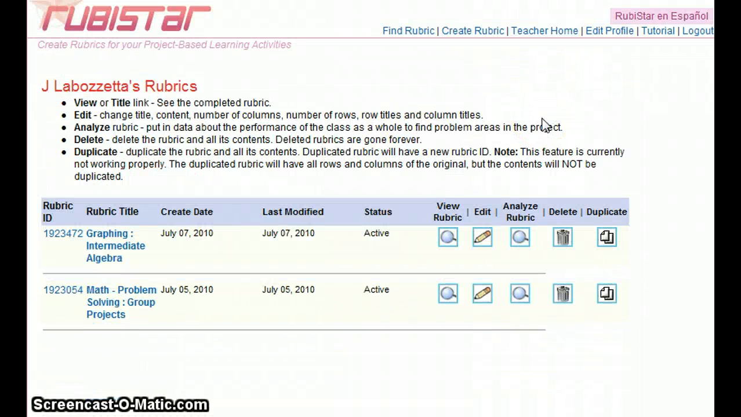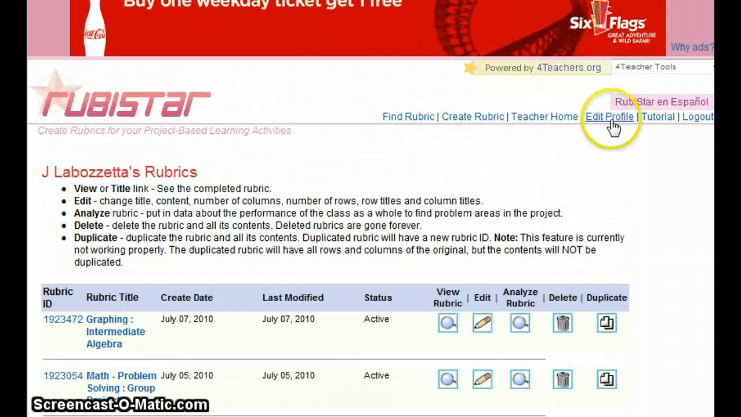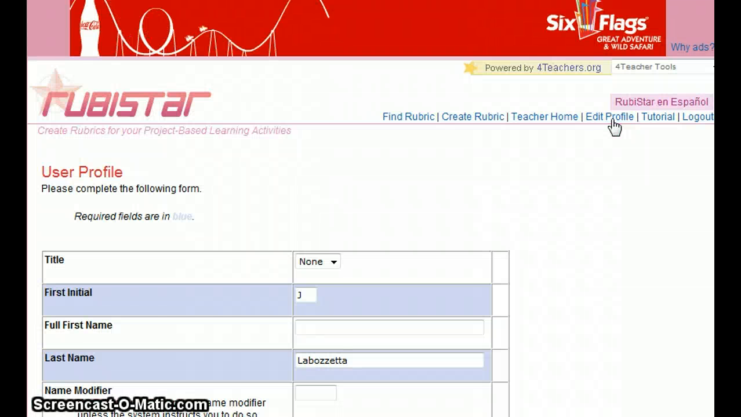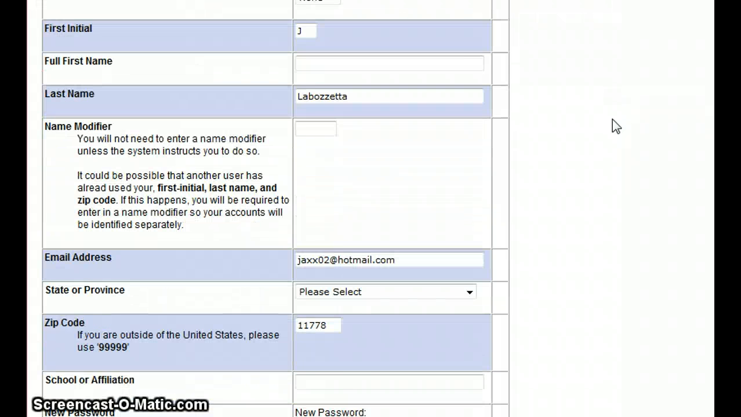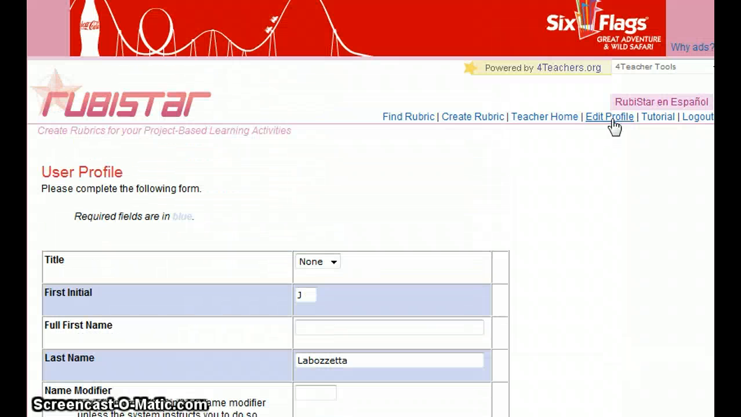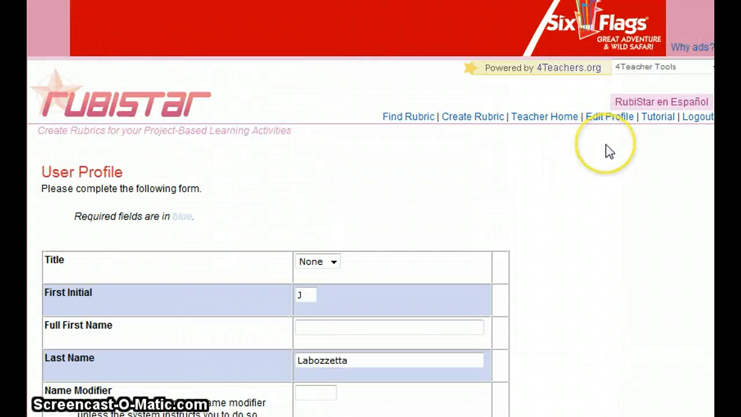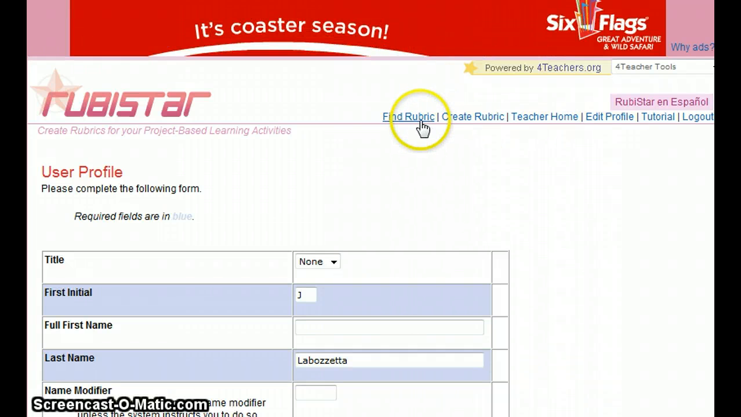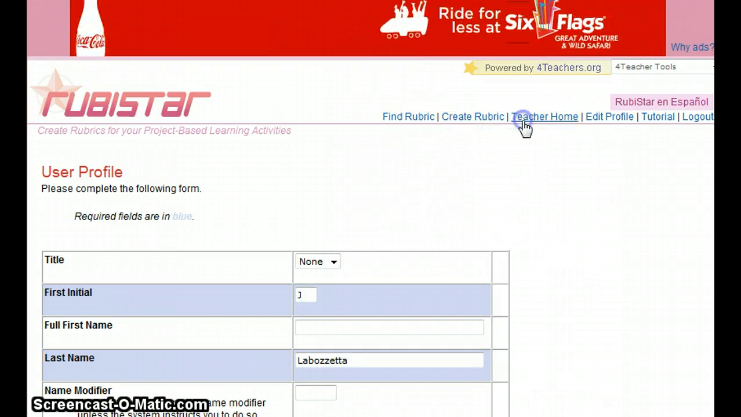And really the only other thing that there is to show is where you can edit your profile. If you need to change your email address or anything like that, you can edit that in here. If you want to change your password, that can be done here. And you'll see a lot of times, I'll go back to the Teacher Home,